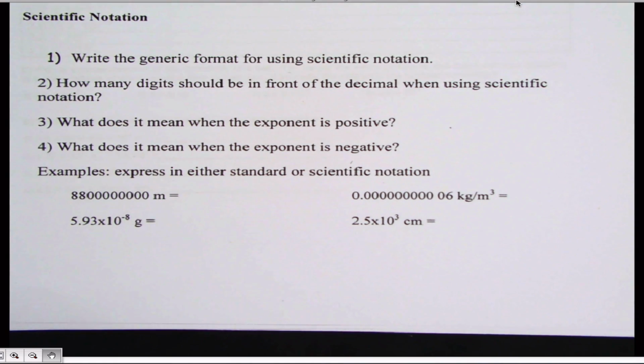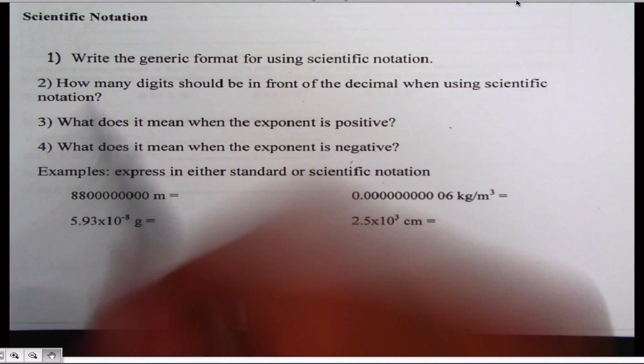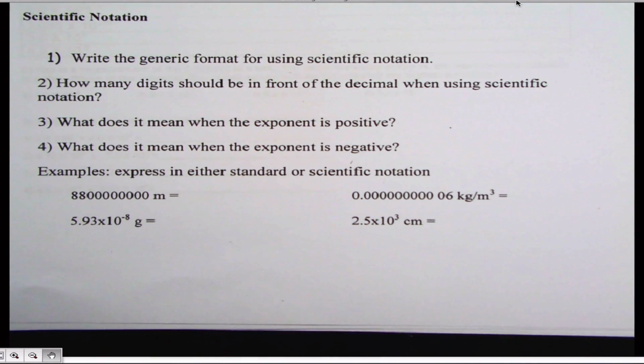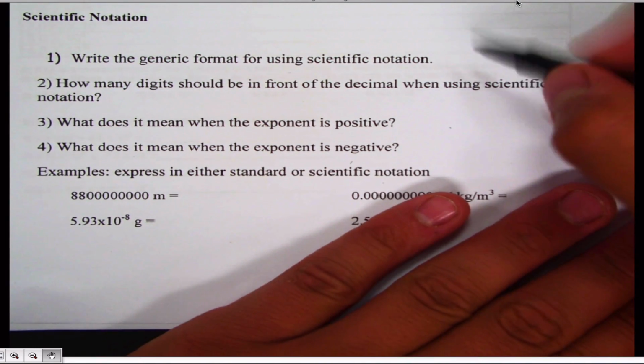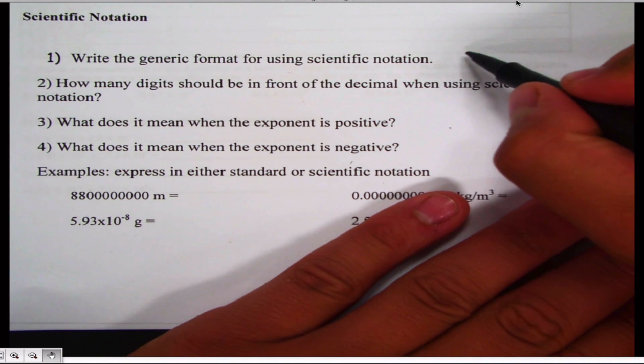All right, here we go. Scientific notation. This is just a way of expressing numbers. The generic formula for scientific notation, okay? You always have one number in front of the decimal. Okay, so let's say you have,